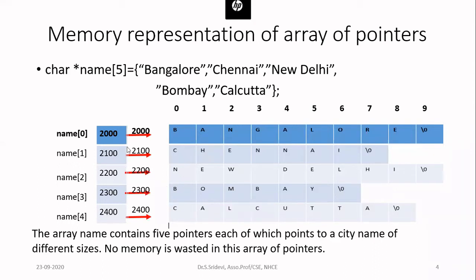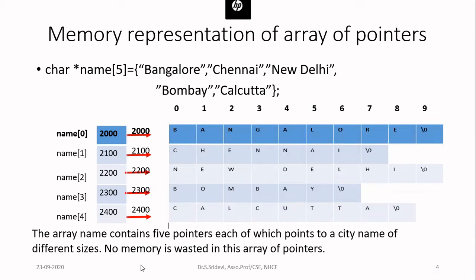So now what is the advantage of this approach is, you can see here in case of this Bombay, when I create the Bombay, I will create only the memory that is required to store Bombay. I will not allocate any extra memory. Okay, so I can reduce the memory requirement by this particular method.